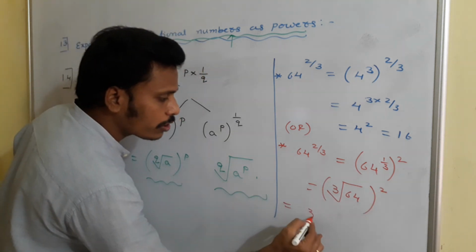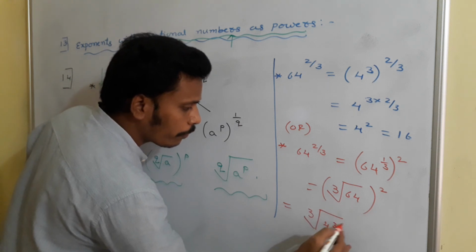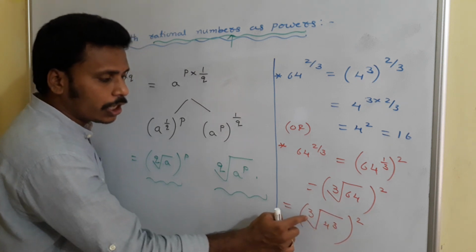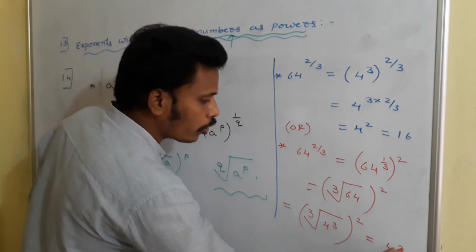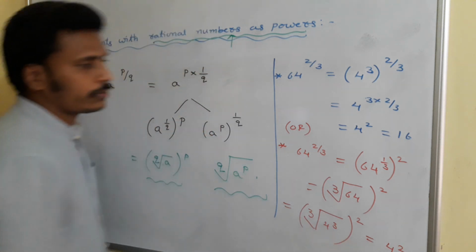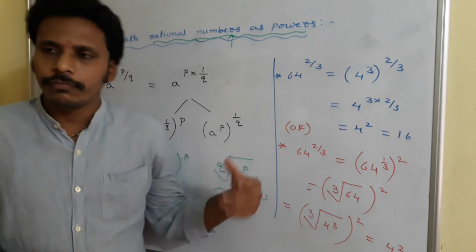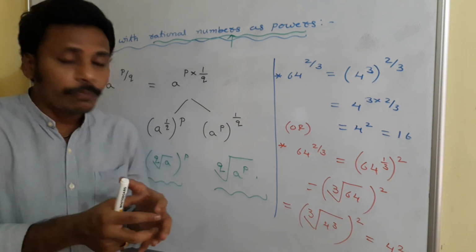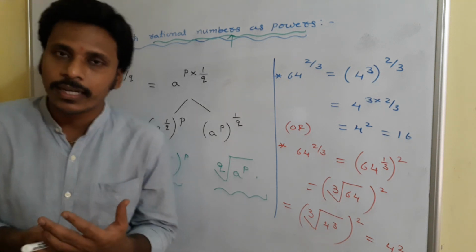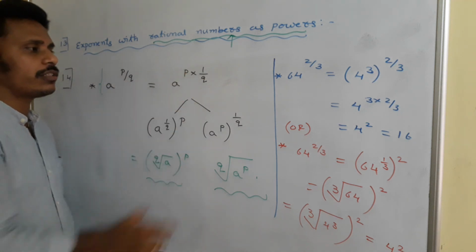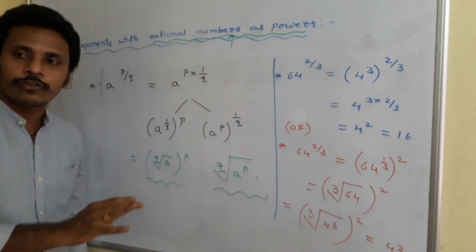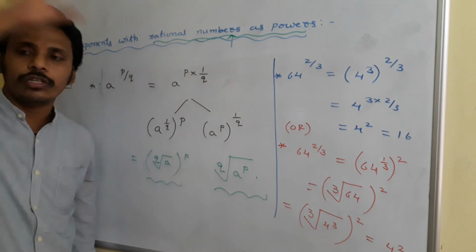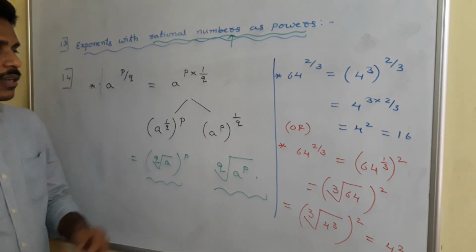And cube root of 64 is nothing but cube root of 4 cube whole square. And as I said, the third root and power 3 will get cancelled. You will have 4 square and that is equal to 16. We can handle the concept of nth roots in depth with some other problems in further classes. But here in the exponents, just use this notation. That's enough to answer the problems of your practice sheets from exponents. Just observe this notation, and afterwards this notation and this concept leads to the complete idea of nth roots.